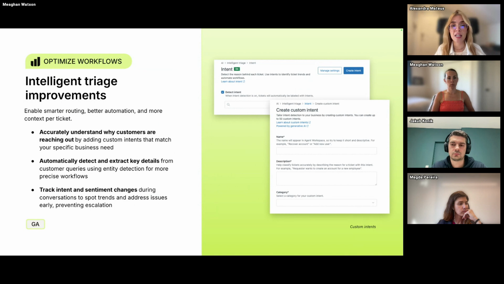And we've added the dynamic tracking of intent and sentiment as well. So if a customer's tone shifts in the middle of the conversation, you can route or escalate accordingly. When these signals are combined, you unlock an even smarter automation and more targeted workflows. And with